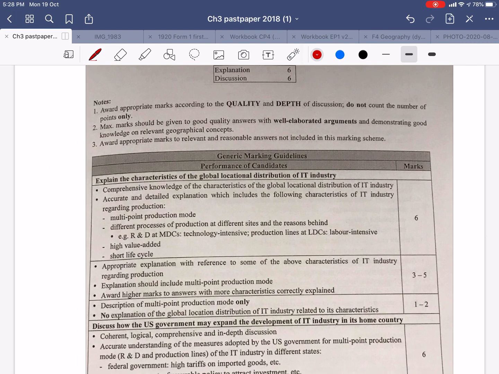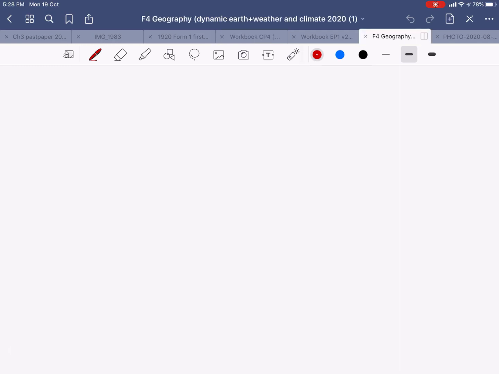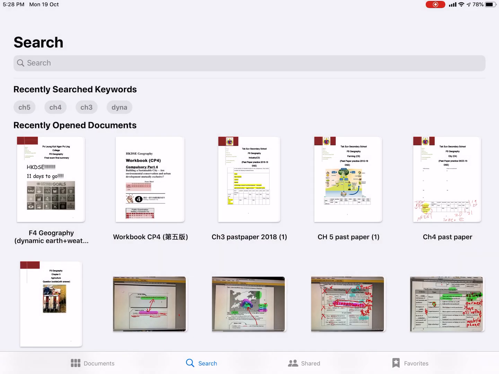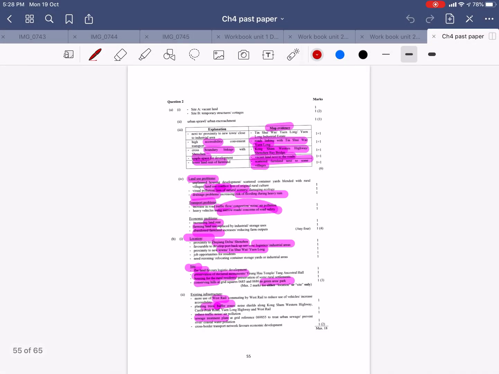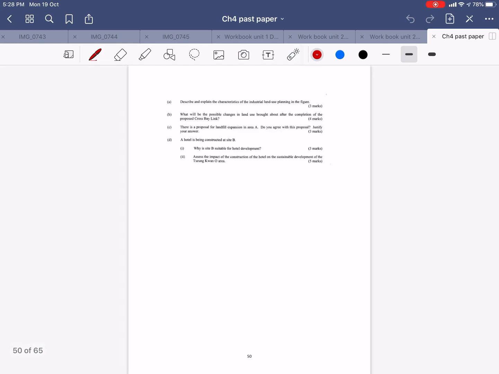Okay, let's move on to CP4. Okay, not this one, CP4. Let's see, CP4. Yeah, CP4, this one. Okay, to start with, again, I would like to remind you the